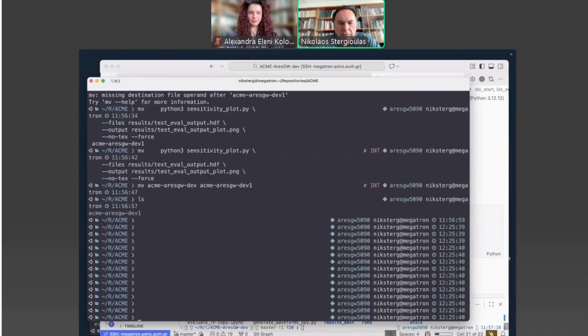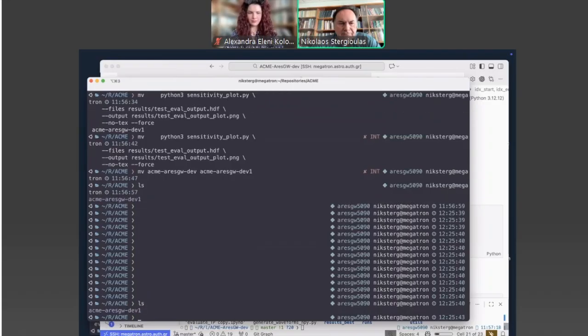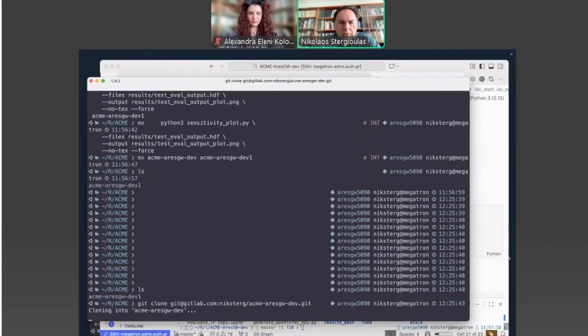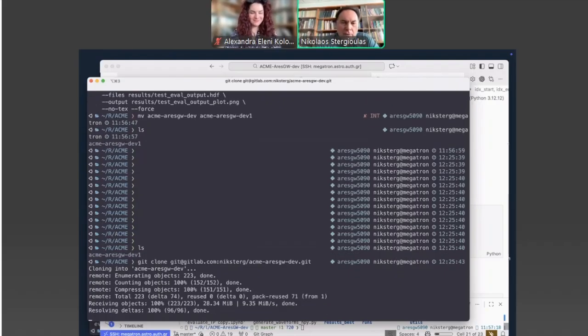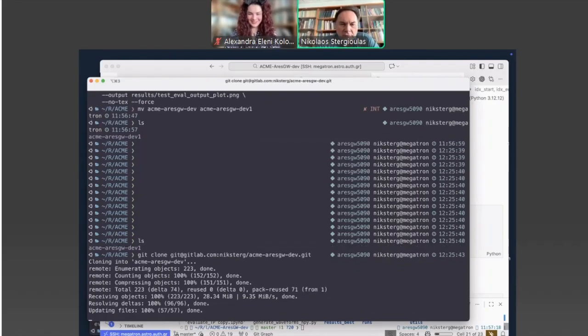In this terminal now I can clone this repository using git clone. This is supposed to be a hands-on session, so we're going to do all the steps manually so that you can see exactly how it works, and you can reproduce them.